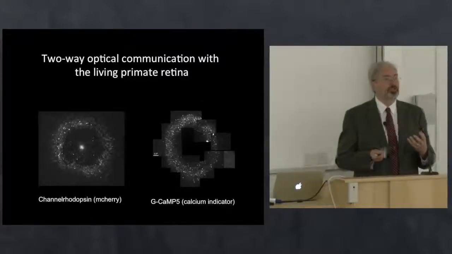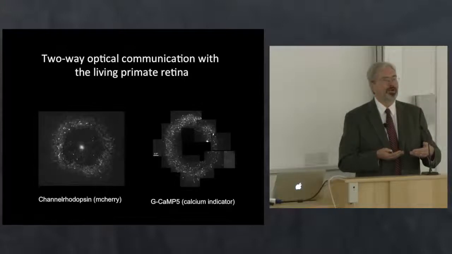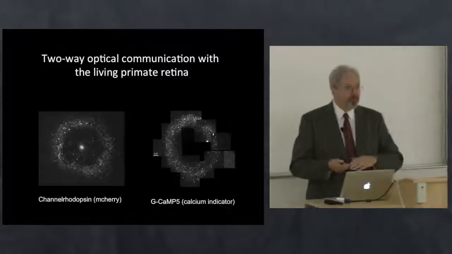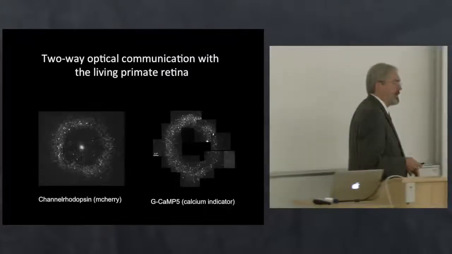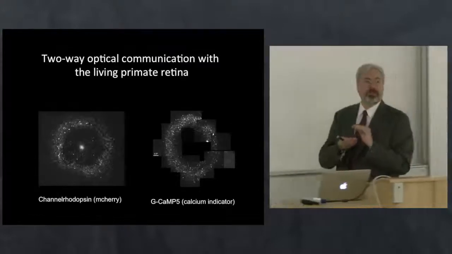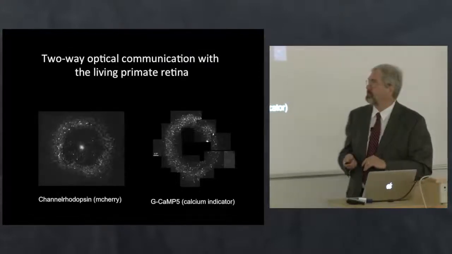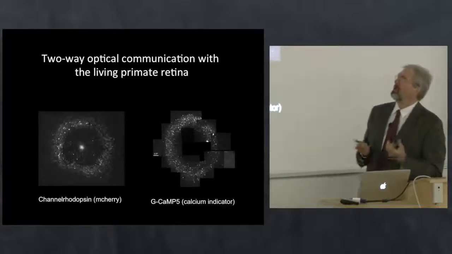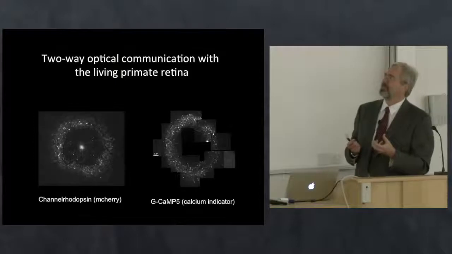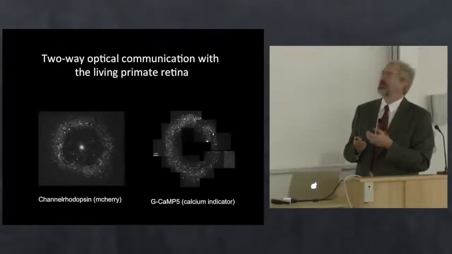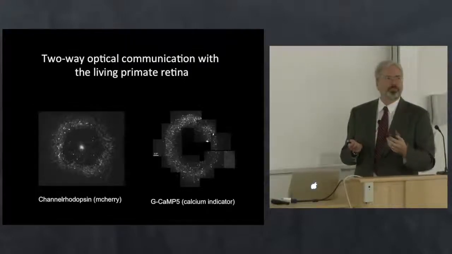You bypass the circuitry for light adaptation. One of the main functions of the retina is gain control, and now you're inserting your image at a stage further downstream than light adaptation, so you're going to have to carefully control your light stimulus to match the dynamic range of ganglion cells, and that hasn't been solved. But still, I think it's an interesting approach, and I think the message I want to leave you with is that these methods are providing a two-way optical communication with a living primate retina,